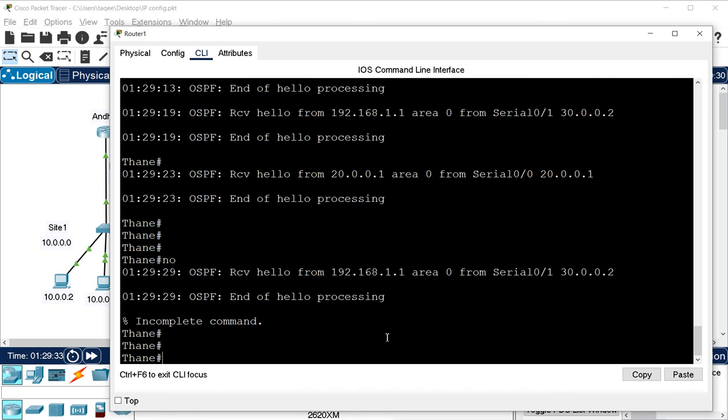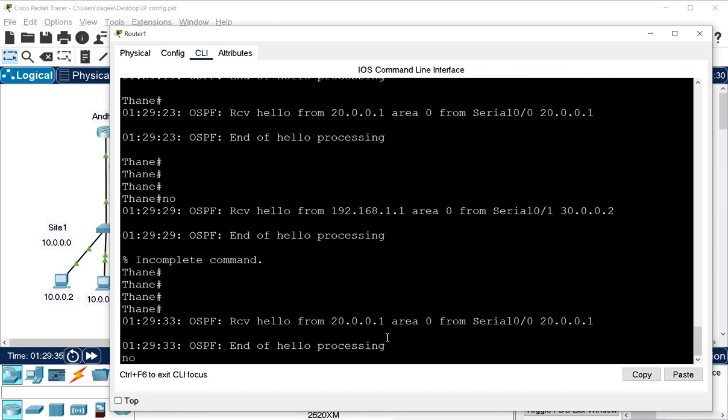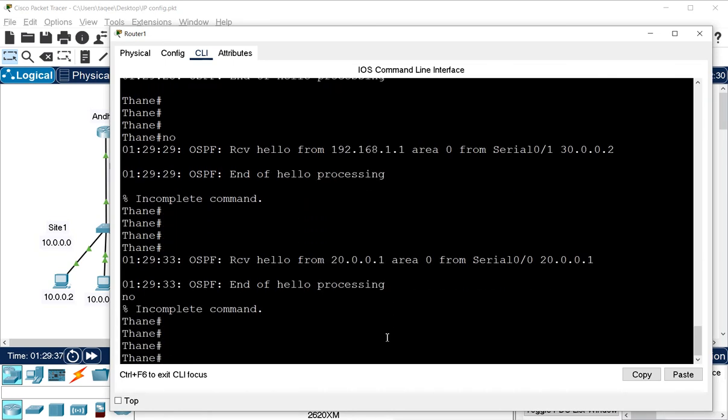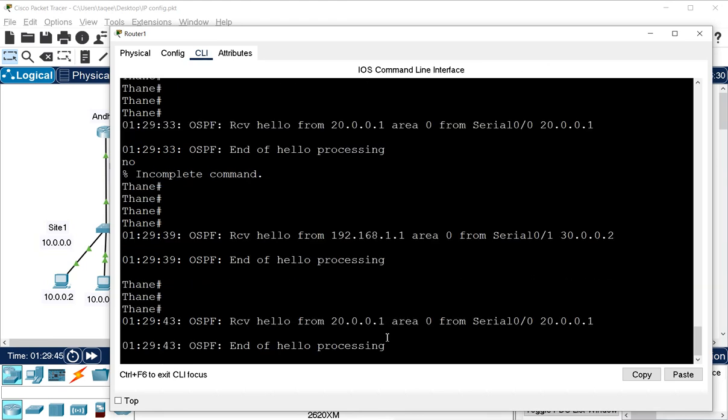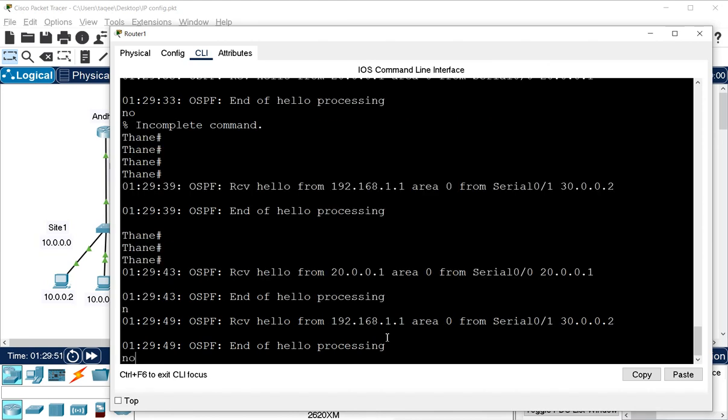Now again we have to run those commands first, console synchronization, otherwise you see the commands are lost in here. I wanted to type no IP debug OSPF events. I want to stop these event messages, so I will say no, and it is wrong.